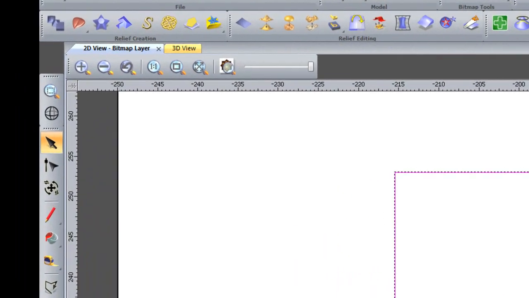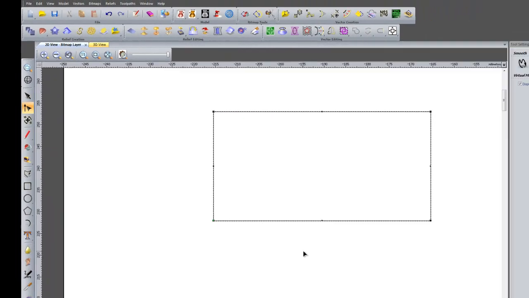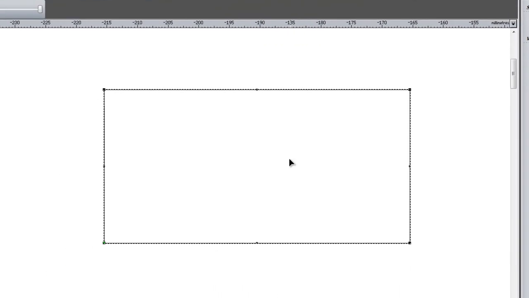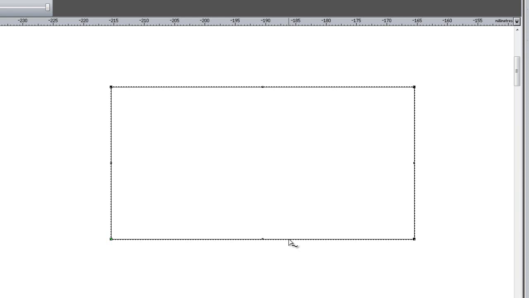select it, select this icon for node editing. Here we have two new options: maintain smooth curves, display virtual midpoints. I'll just remove this span at the bottom by pressing R, and I want to create a jagged polyline, so I'll move this node down